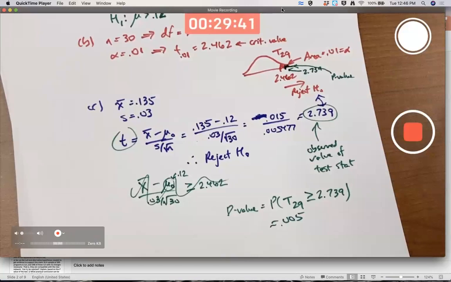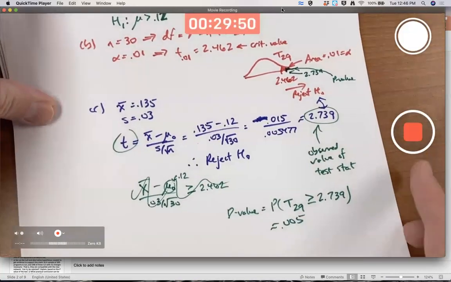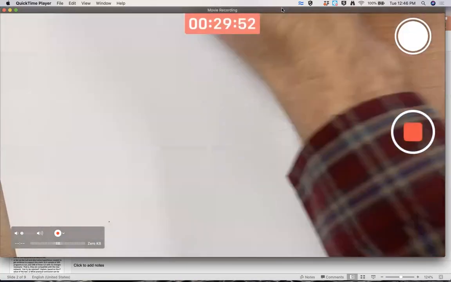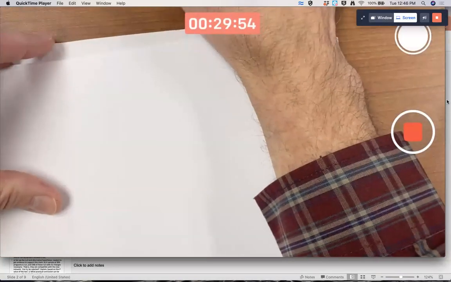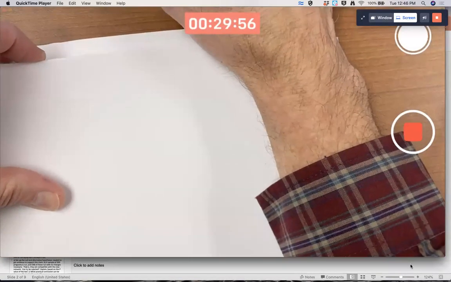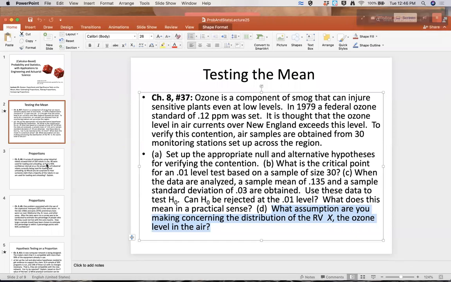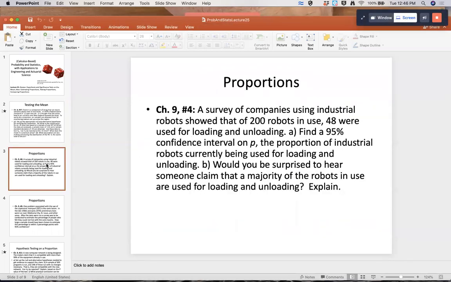Lots of ideas, lots of terms, lots of calculations sort of go all swirling around in your mind, right? That's what it feels like. Just got to keep going here, okay? Let's go on to proportions now. Again, we did talk about proportions some last Thursday. We did this problem, confidence interval for a proportion.